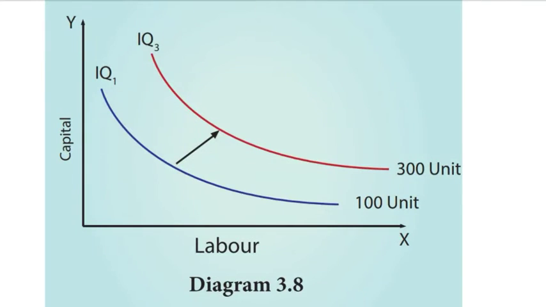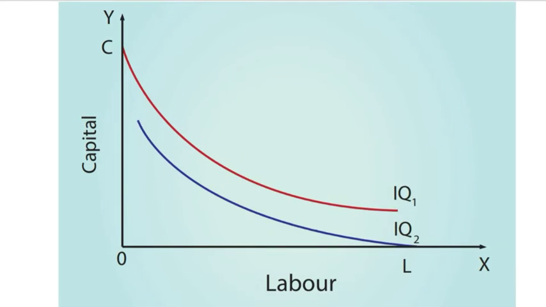Fourth, an upper isoquant curve represents a higher level of output. A higher isoquant shows higher output and a lower isoquant shows lower output. An upper isoquant curve implies the use of more factors than the lower isoquant curve. The arrow in the figure shows an increase in the output, with a right and upward shift of the isoquant curve.